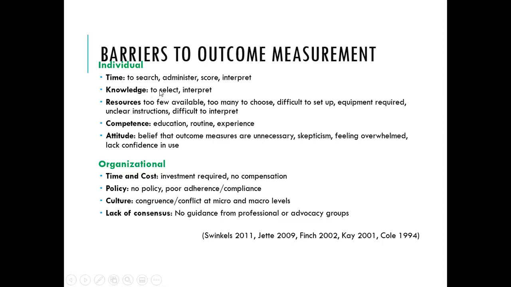So in the case of individuals, there is not sufficient time to research, administer, score, or interpret, and not enough knowledge for selection and interpretation. Few of the many limited resources are available. Education and routine experiences are limited. Attitude that outcome measures are unnecessary, skeptical, or overwhelmed, or there is a lack of confidence in the use of a particular